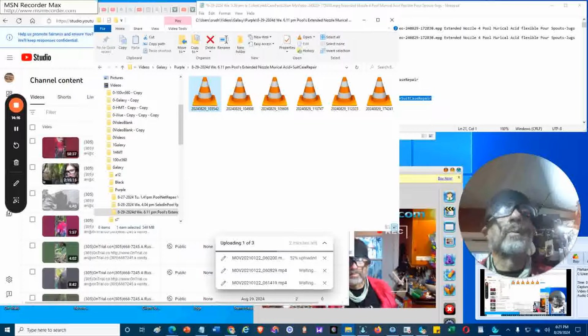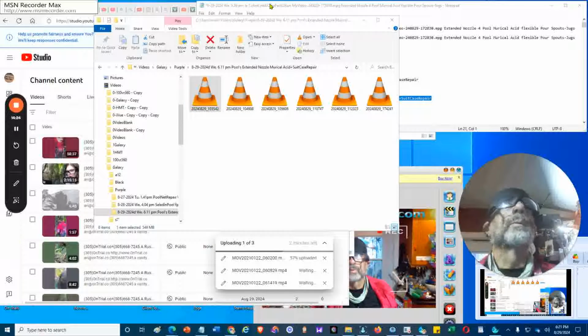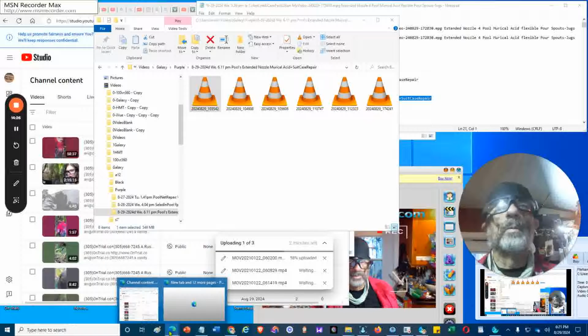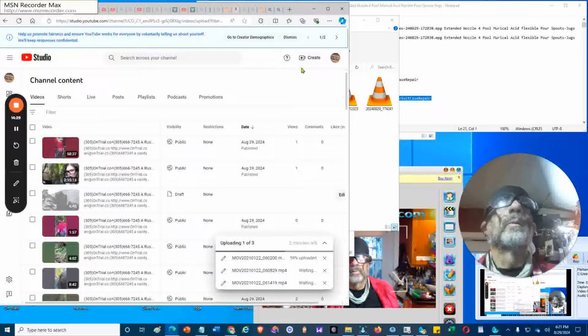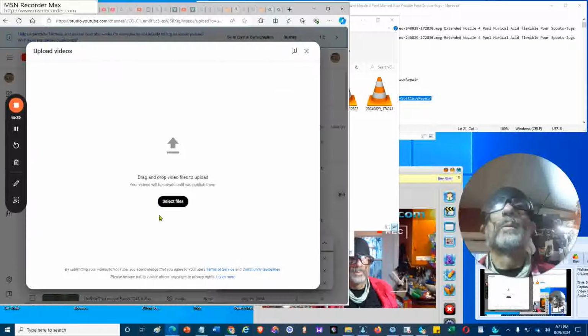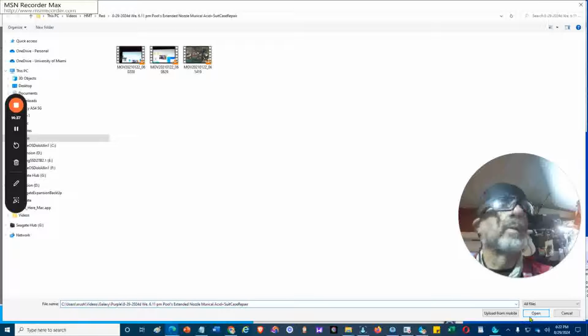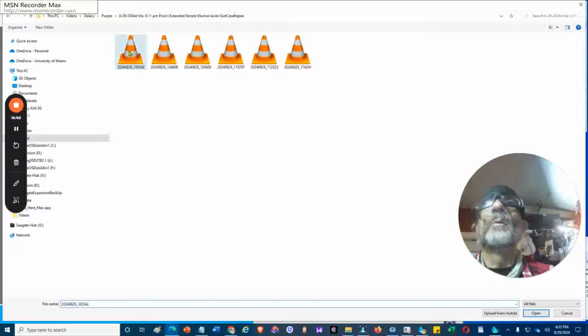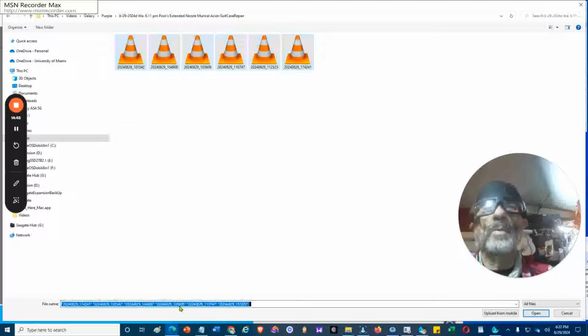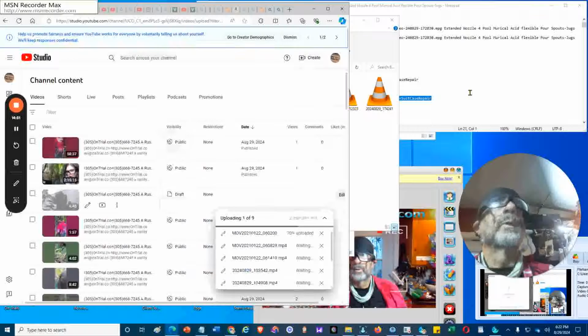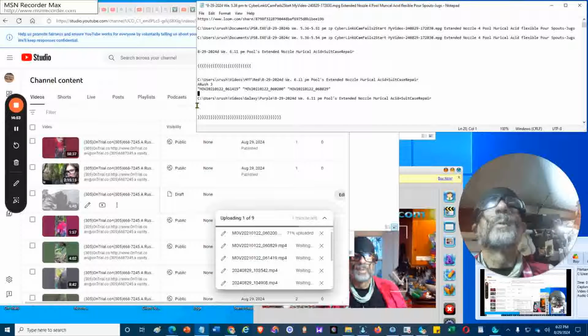which it is now, I will try to add it back into my browser. I want to focus on the browser again. Create, upload, select files, paste a new path, open, select the first one, shift to the last one, right mouse click to copy to the clipboard buffer and open. Then go back to the notes, paste the names,